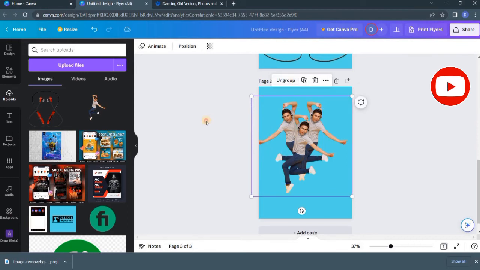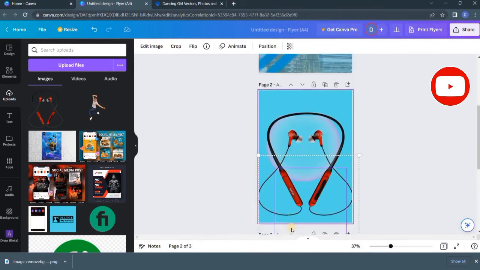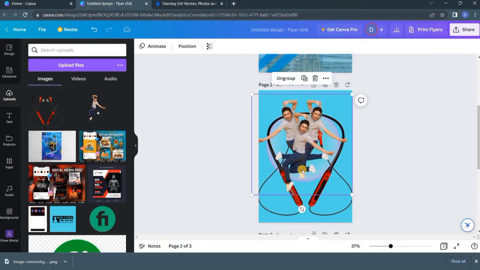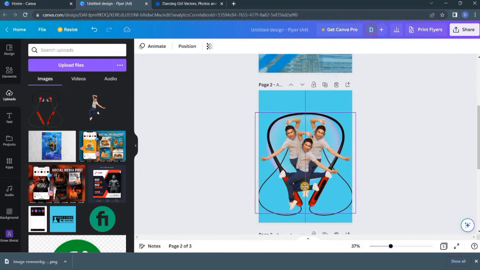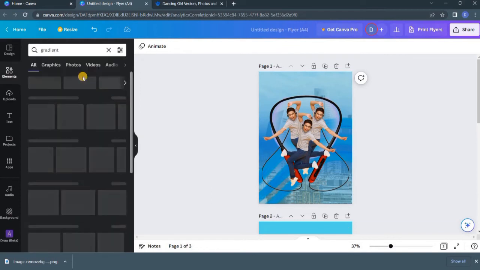I think this looks cool. We put like this. Our middle portion is ready. We'll be making the whole a group, and now let's move to our main flyer and a little compression of this like this. This looks amazing. We search for gradient